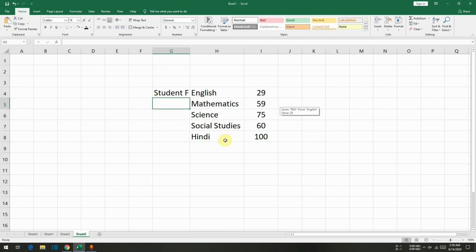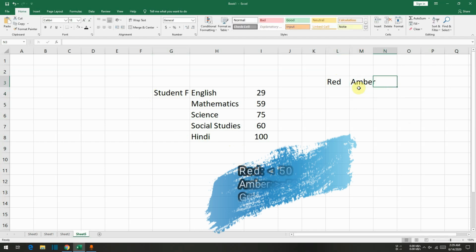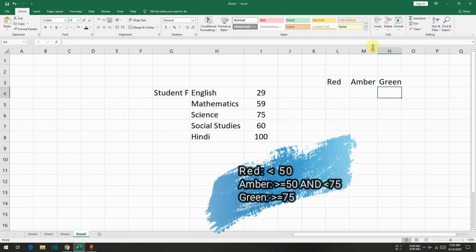Now I want to categorize into 3 parts: red, amber and green. So here I will write red, here I will write amber, and here I will write green. Okay, so the criteria should be if anyone scored less than 50, then it should be red.